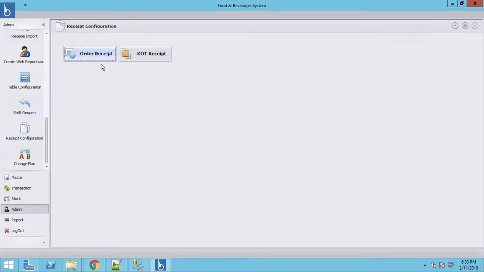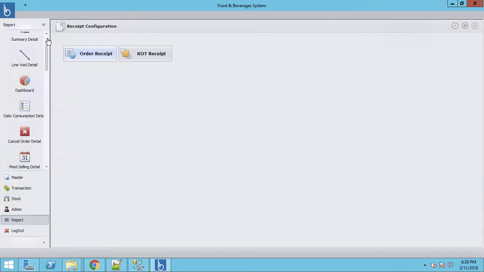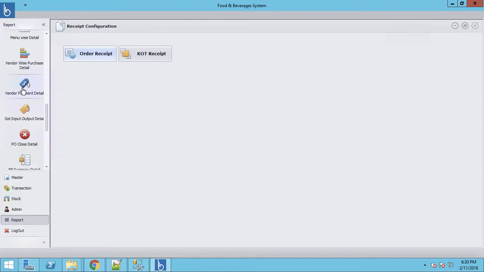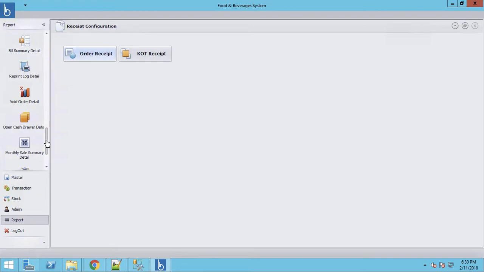Recipe configuration. Receipt configuration. You can actually configure the receipt if you want to. And here is the thing where you can upgrade the plan to the gold plan. No, you are already on the gold plan, so you don't need to upgrade. Here you can see a lot of additional reports. Whatever reports you want to see: vendor wise purchase order and GST input output, purchase PO close report, bill wise summary, void order summary,